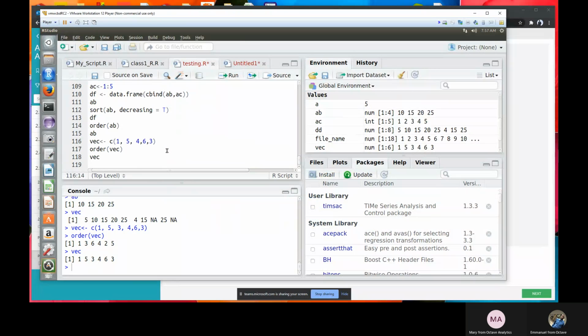So I want to actually get a grip of it very well. So let me create this vector this way so that I won't have duplicates. Okay, let me run the order again. Okay, let me call BEC. So it's telling me that this is the first, this is the second, and this does not make any sense at all. I don't know why this should be the order of that particular data set.